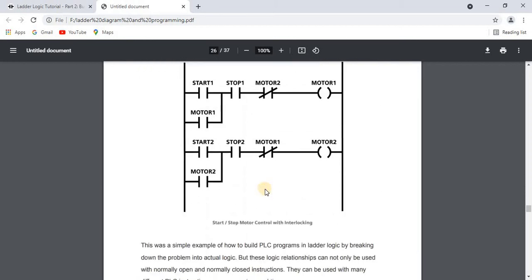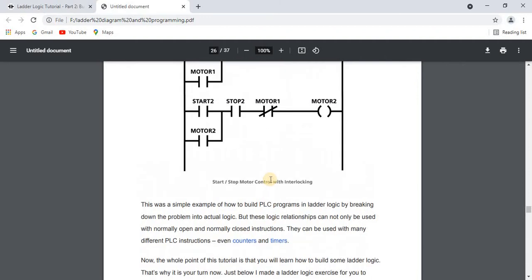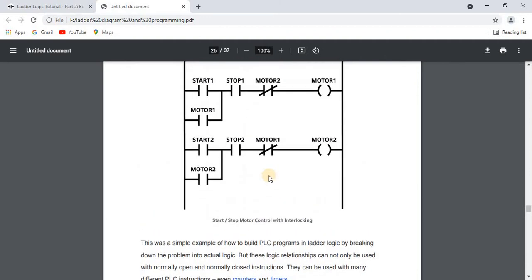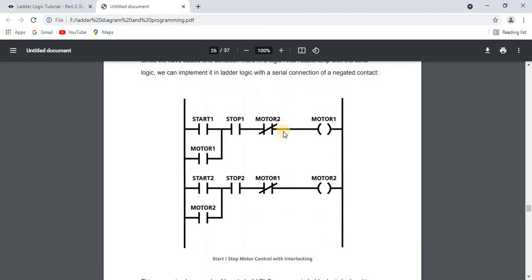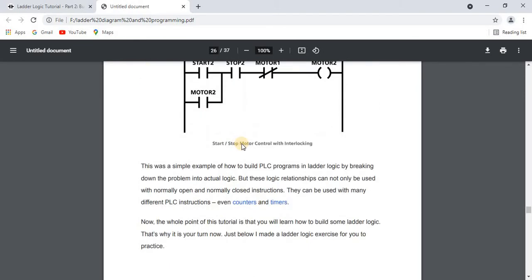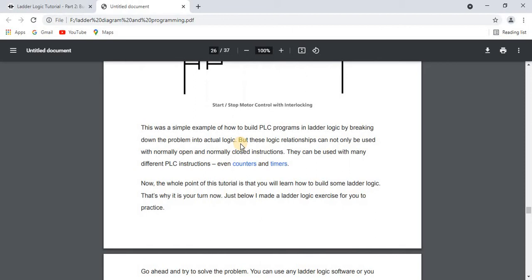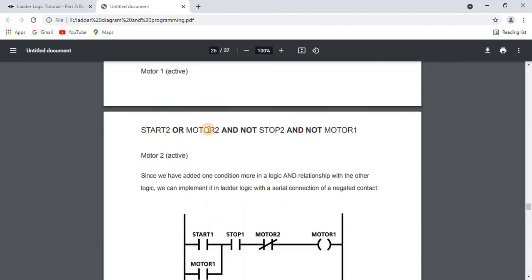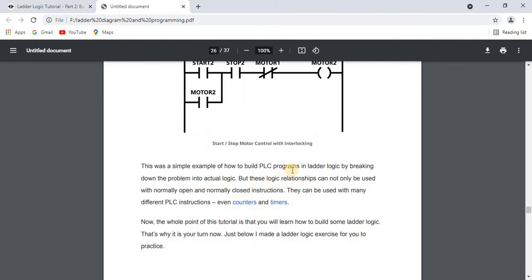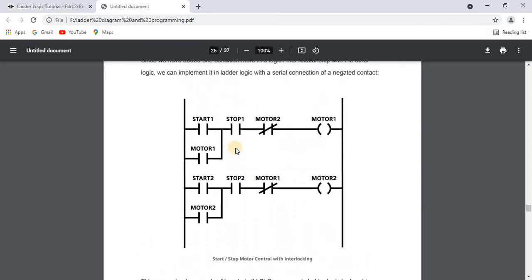So this was a simple example of how you can build a simple ladder logic by using these conditions for OR and NOT. In this example the logic has been broken down into basic logic.